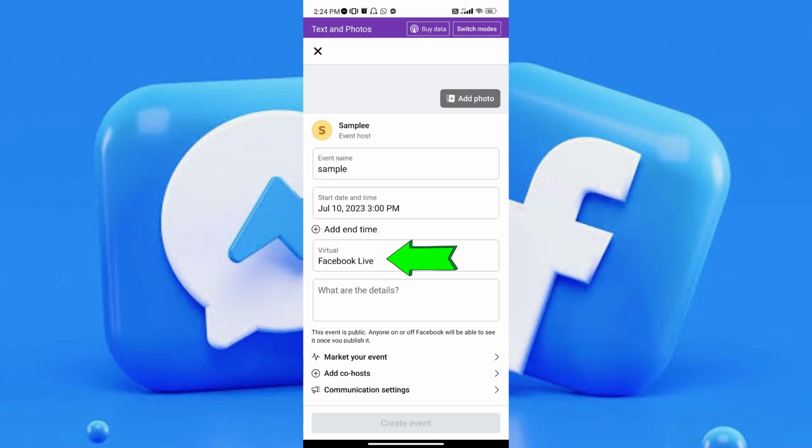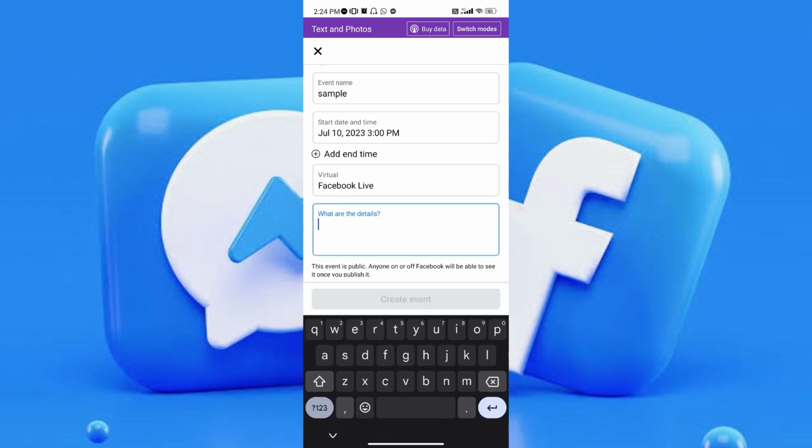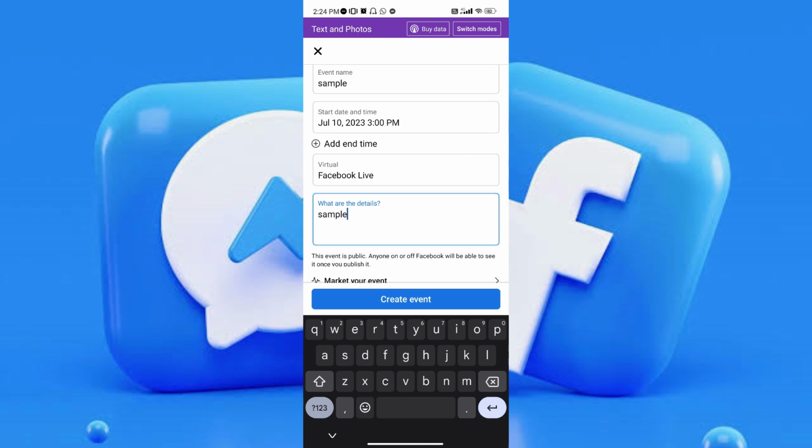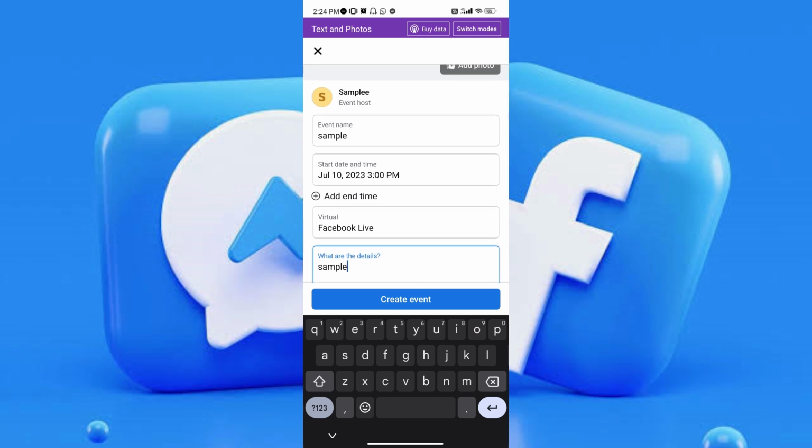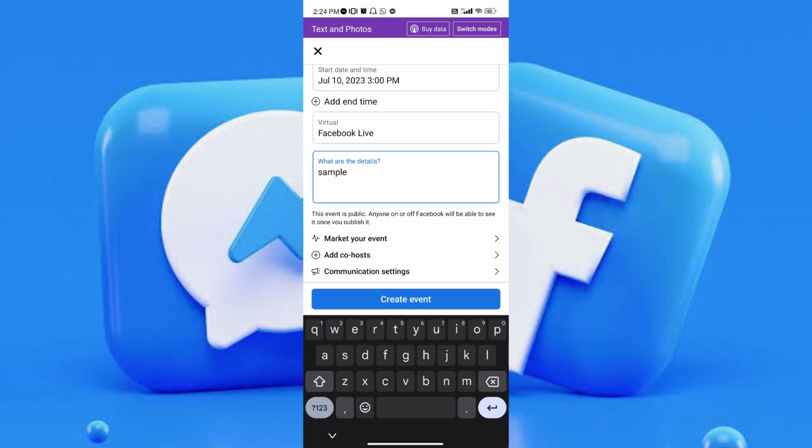And you also need to enter the details. As you can see, the create event button is not popping up or not clickable, as every single box should be filled in. Once you've input the details, the create event button can now be clicked. But before you click that, you could also